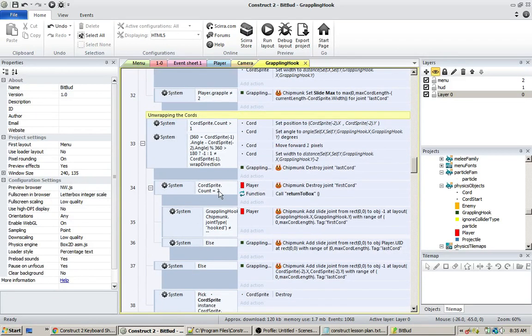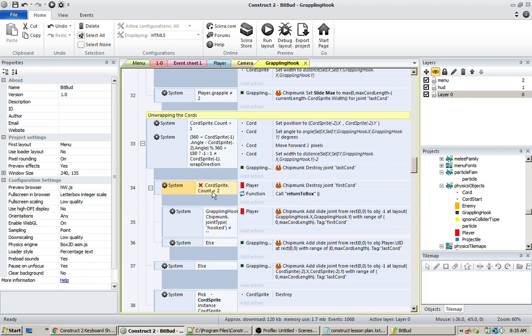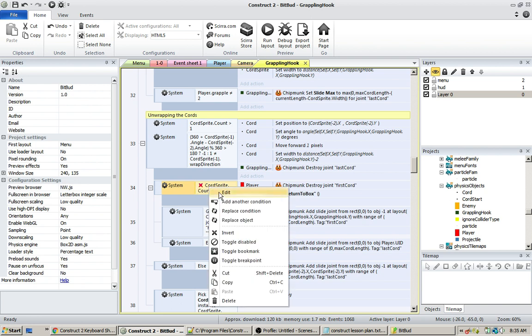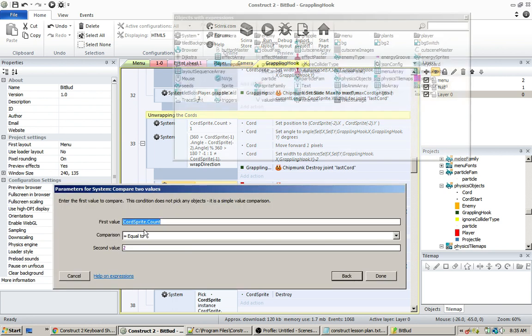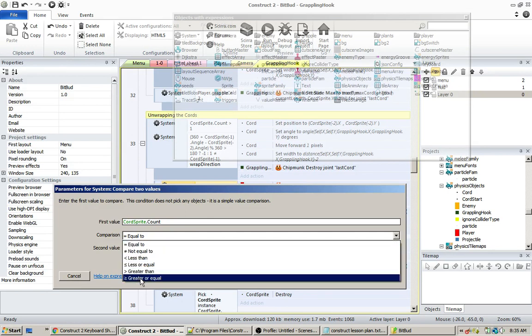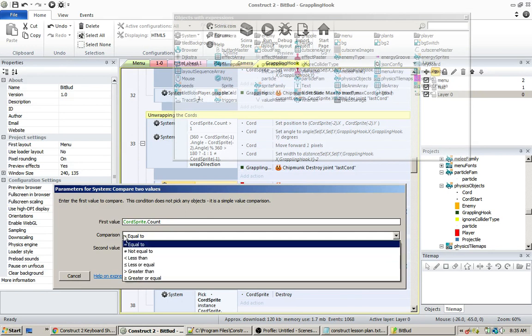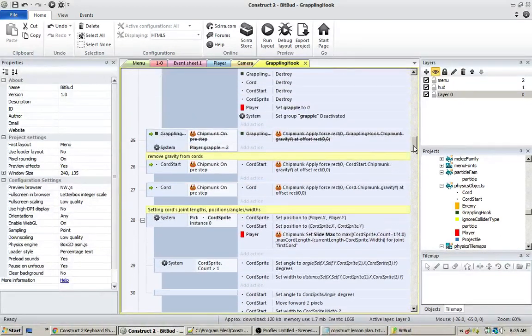I don't know, it probably wouldn't make much sense to invert this event, but you could right click, invert. So chord sprite dot count, the number of chord sprites equals 2. If that's not true because it's inverted, then it would run through. But if it's equal to 2, if I get rid of that inversion, then it runs if it's 2. But that kind of doesn't make sense for this, because I could just do that in the actual condition. Equal, not equal, less than, whatever. But you can do stuff like inverting